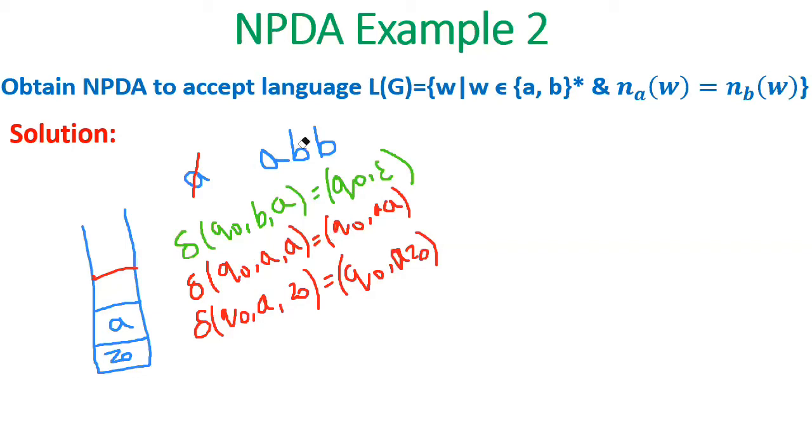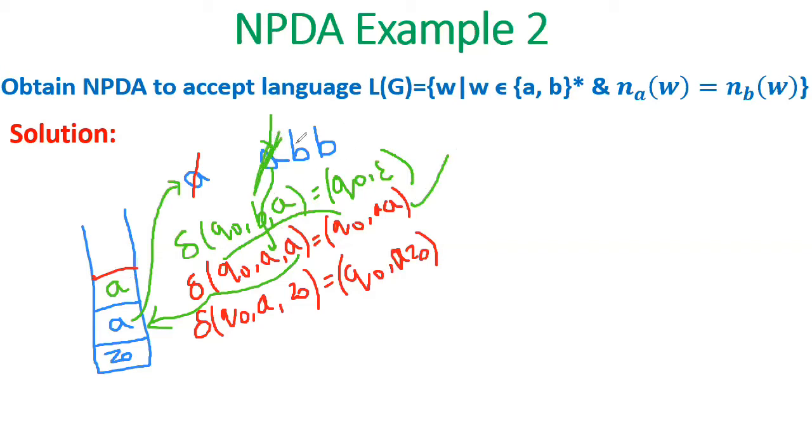Now what will happen? Check the next symbol. What is the next symbol you have? A is the next symbol you have. What is on top of the stack? This A is already there on top of the stack. So as I said, if you get common alphabets, you have to push it onto the stack, right? So this will execute again. Why? Because it's a self loop, Q0 to Q0. A is on top of the stack, and this A is the new symbol you have got. So it will be pushed onto the stack. So you will get this A on the stack, right?